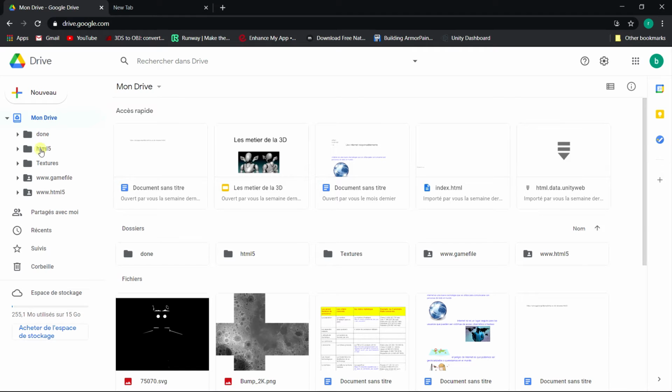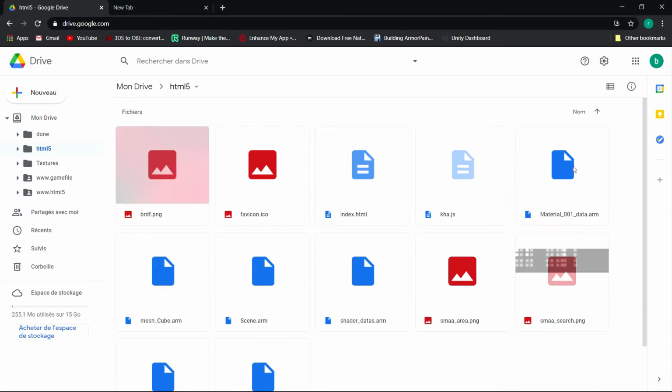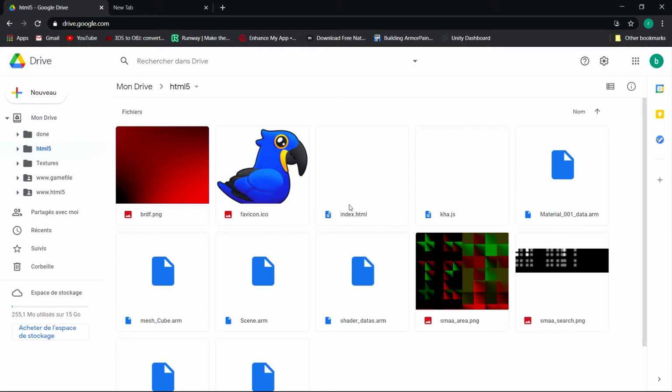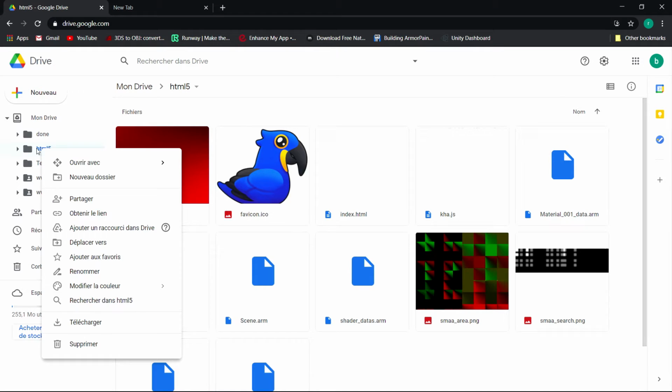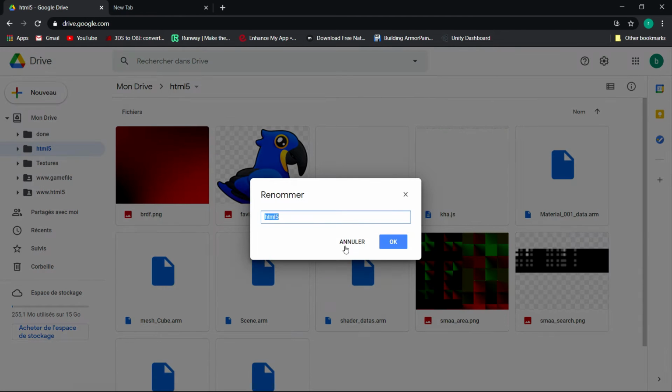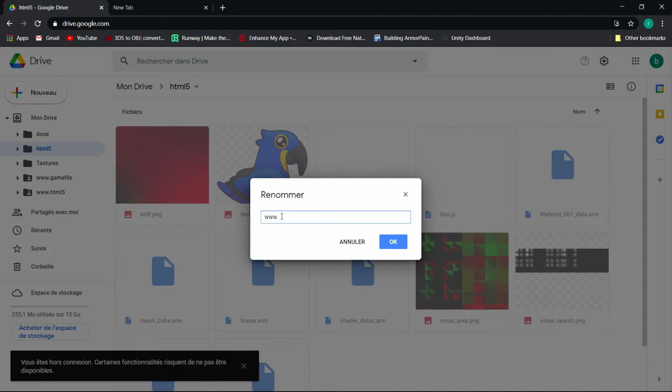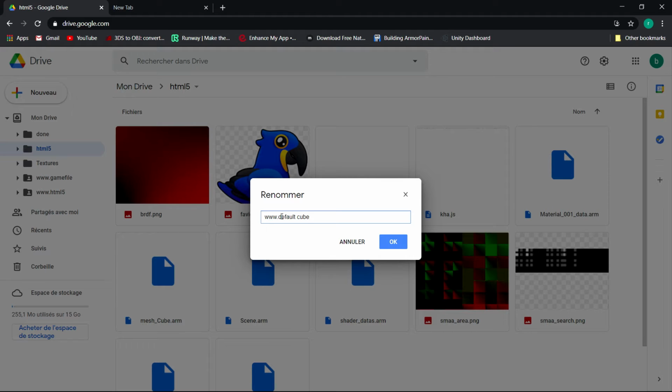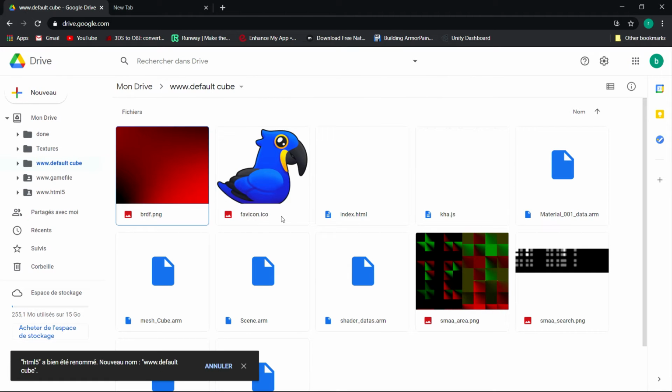Now the first thing we're going to do is to locate our HTML file and make sure you have all the files in there, namely just the index, and you'll be fine. Now we're going to right click and rename this. You have to do this. Delete this name because I don't want it. And we have to put www dot and then the name of the file that you want. If you don't do this, it won't work. Now we're just going to type default cube. There. The file has successfully been renamed from HTML5 to